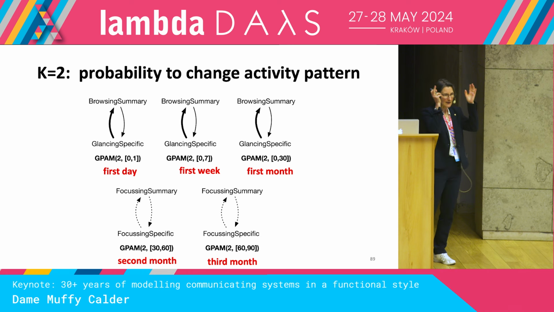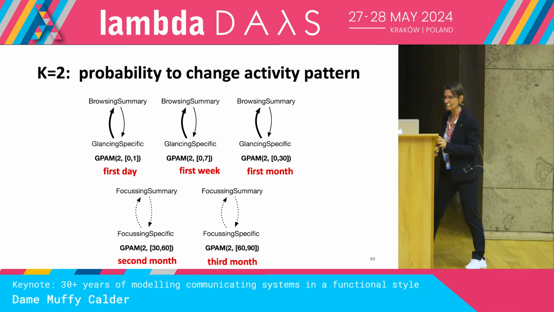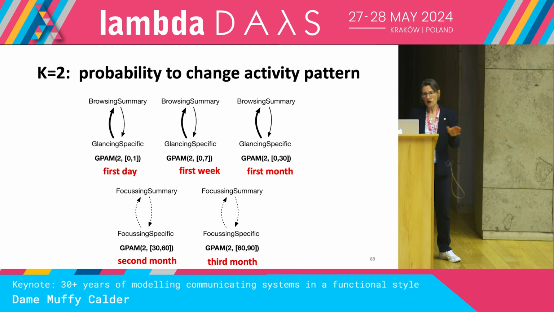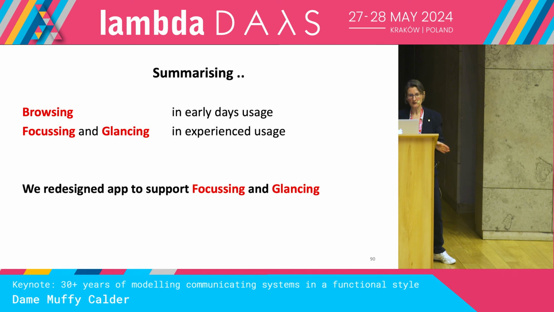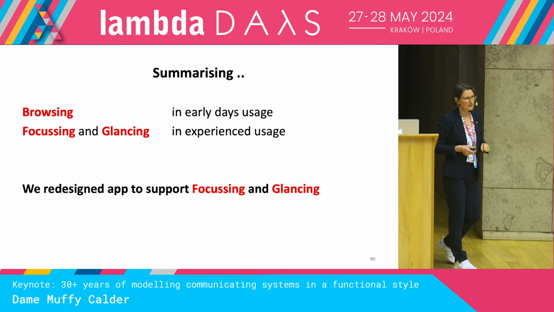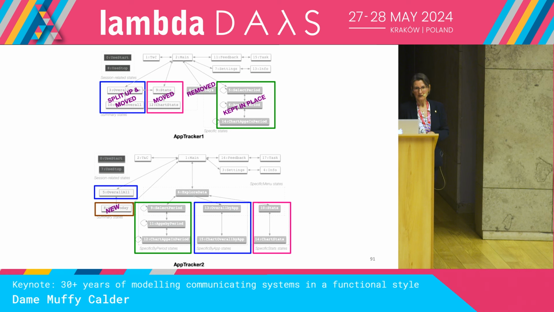So again, fat arrows denote high probability, thin arrows, dashed means very, very unlikely. So you can see there's a high probability to change in the first day, in the first week, but not in the third month. So summarizing, you see browsing in the early days, focusing and glancing. So we redesigned the app to support focusing and glancing. So there's a summary of what we did: we split up and moved stuff in the top, and then